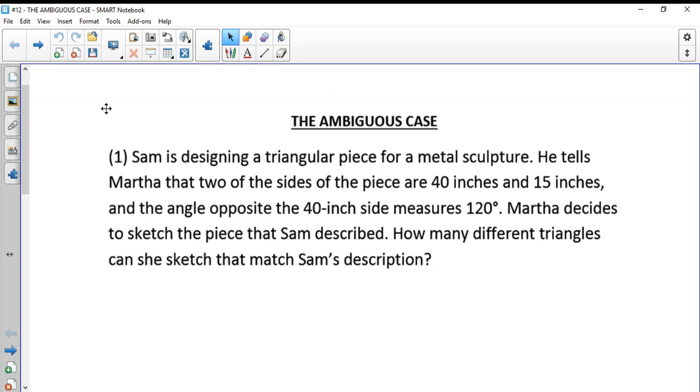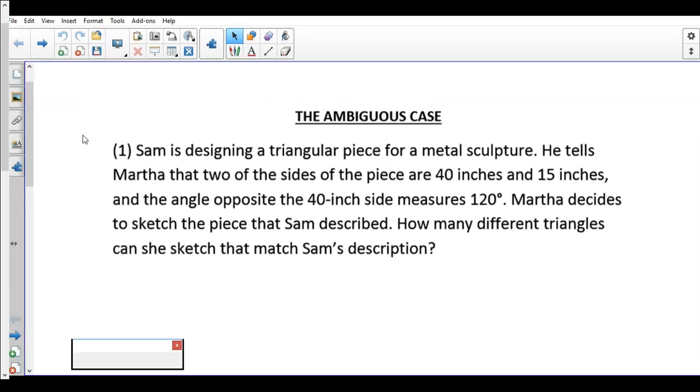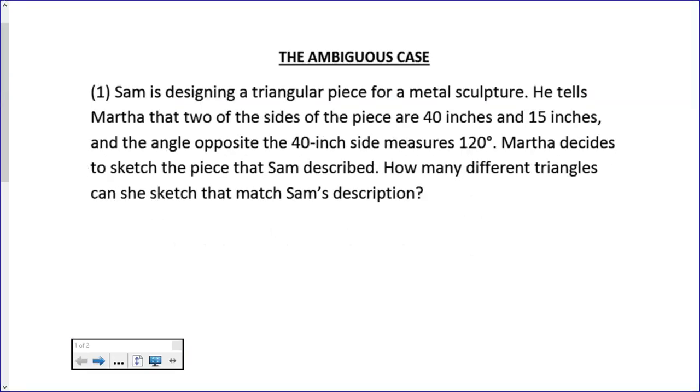notes down. So what we're moving on to today is all about, again, what we call the ambiguous case. And the ambiguous case concept is all about testing your skills on what you know about the construction of triangles given certain information. So, in each question that deals with the ambiguous case, you'll be given certain information and then you'll be asked how many different triangles, how many unique triangles can you sketch or make given the information